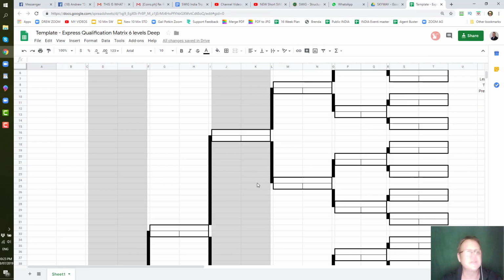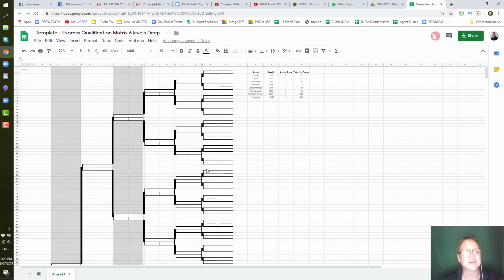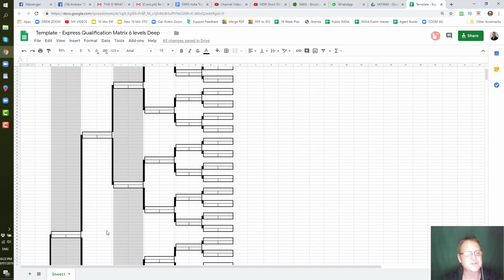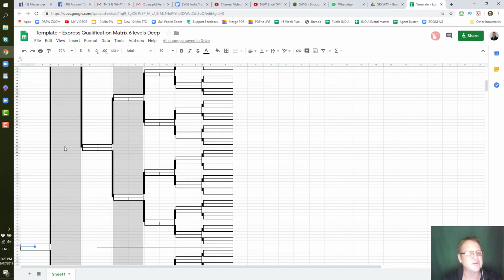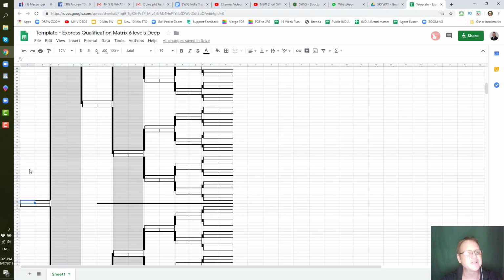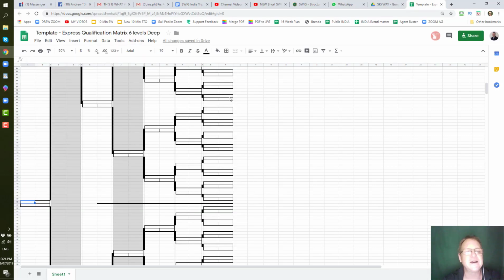Okay, so if we actually try and reduce it a bit more, you can see that that was that little section there. Okay, but there's this person here which has all of them and all of these. Now if we scroll down a bit more, this person here has got all of them and all of these. And then if you go out one further, there's 1 person at the top. So if we go back to the paint, you can see it's the 1 at the top, then the 2, then the 4, then the 8, then the 16, then the 32, and then the 64. These are all on there,